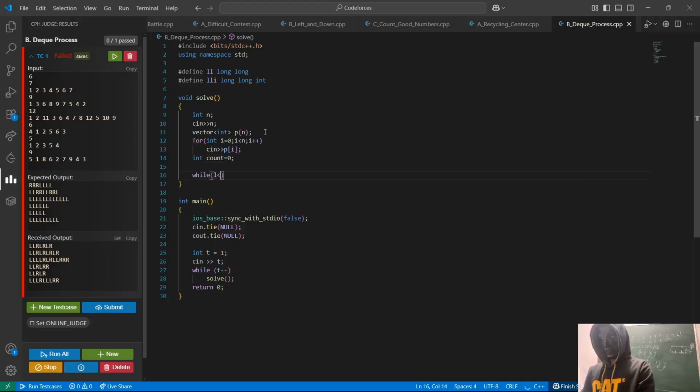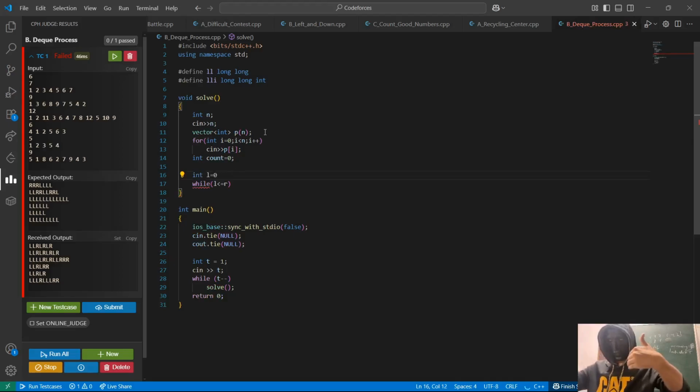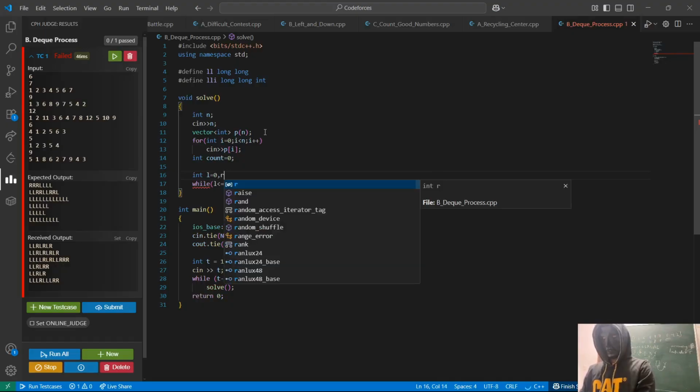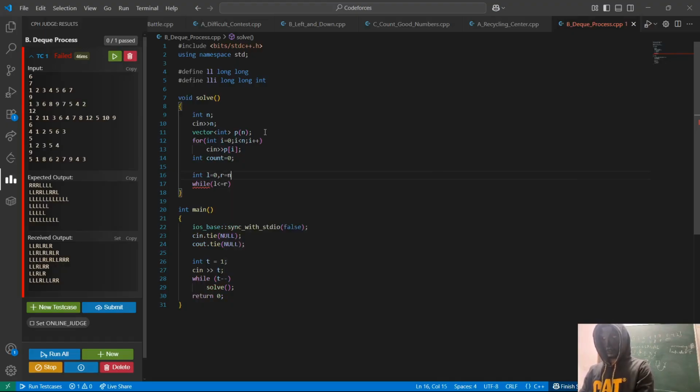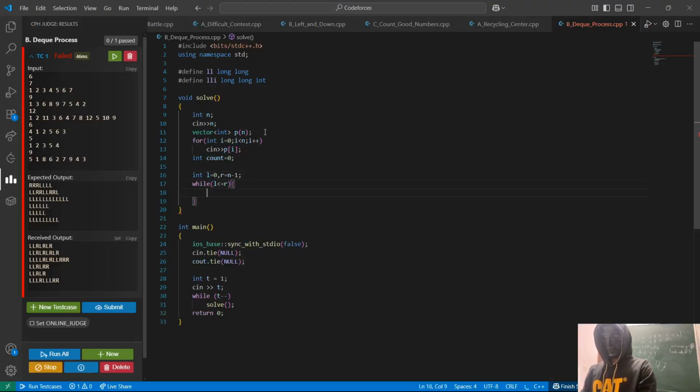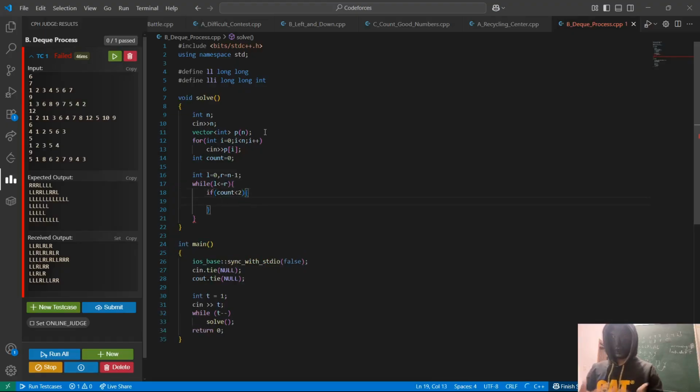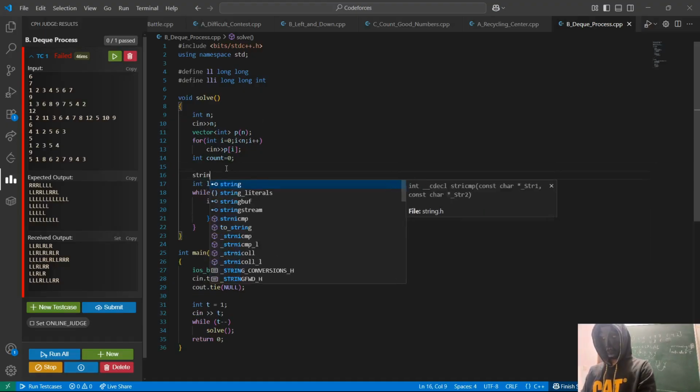while left is less than or equal to r. What is left? Left is basically the pointer, because from the leftmost or rightmost you will be taking the element, so left will be 0, right will be n minus 1. And if count is less than 2, which means we still don't have two elements. So the first two elements, as I was explaining in the question, I was taking from the front. So I'll take one string answer,